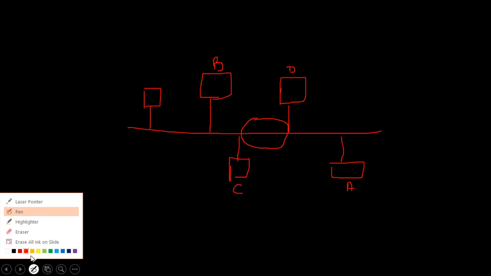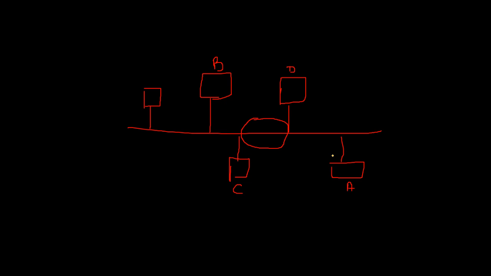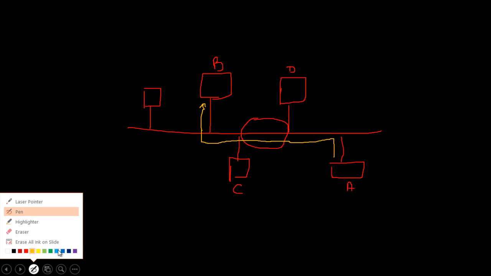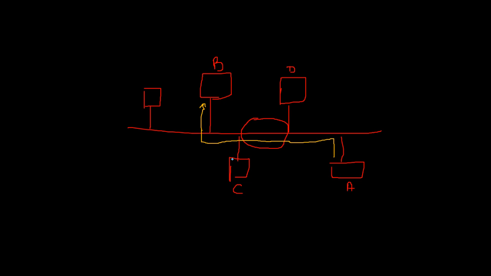Okay, so obviously the message from A moves from this point to this point and then finally reaches the B station. And if the C system wants to send data to the D system, then you can see that the data moves from this point and then this and then moves to the D system. In this circled area, there is maybe a chance that both signals may collide with each other, due to which the data will not reach either end, because